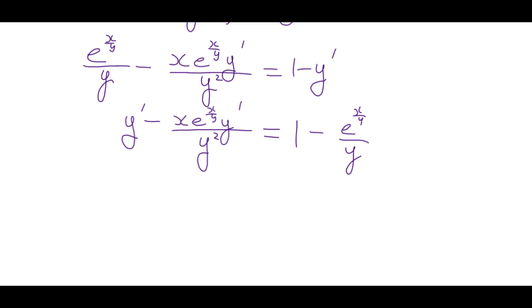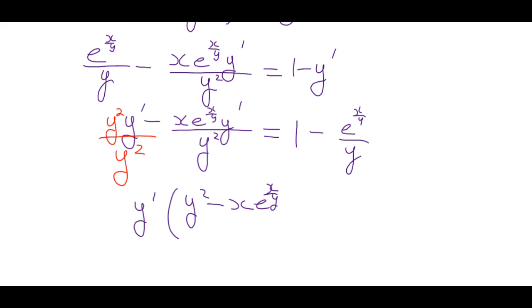Okay, I am going to write this in. So I'm going to get a common denominator here. So when I factor the y prime out, I'm going to get y squared minus x e to the x over y squared. Okay, so I took the y prime that was by itself and wrote it as y squared y prime over y squared to give me a common denominator, allowing me then to say y squared minus this expression, right, and take the y prime, equals,